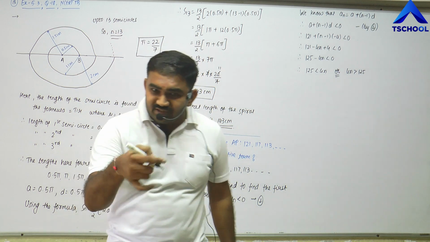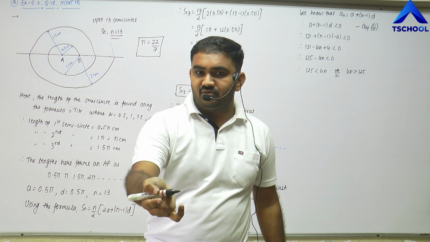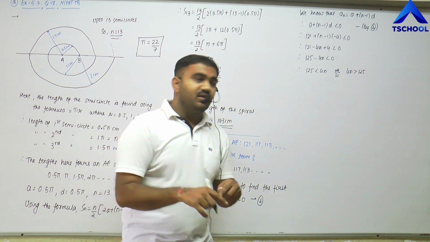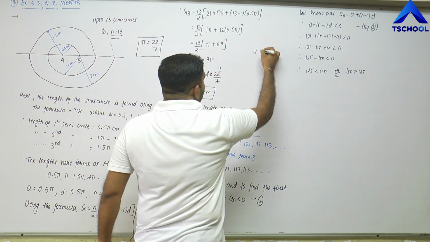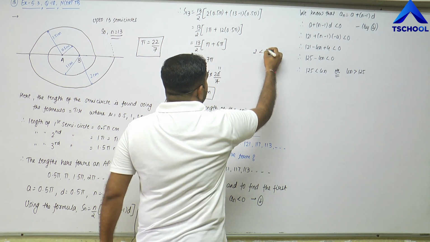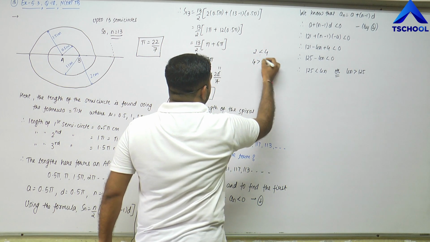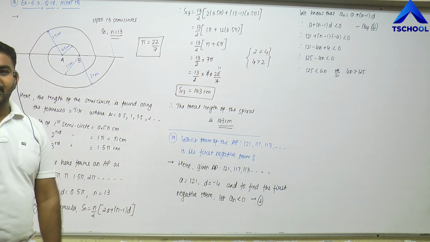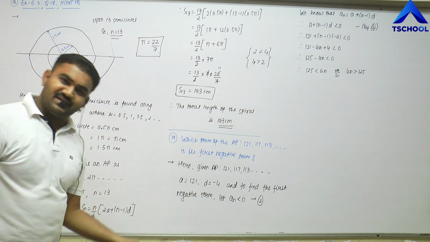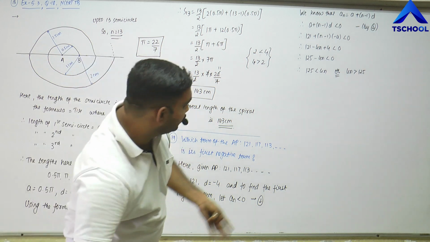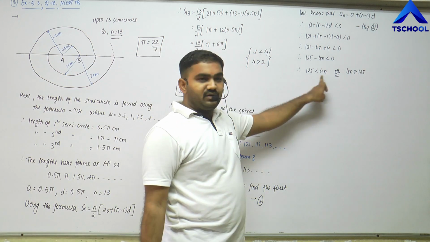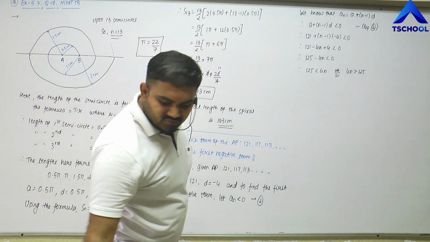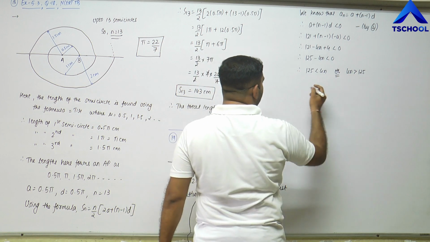If I say that 2 is greater than 4, yes or no? No. 2 is less than 4, or 4 is greater than 2, right? If I write it like 2 is less than 4 or 4 greater than 2, what does this mean? It means the same thing, that the value of 2 is less than the value of 4, or 4 is greater than 2. So 125 less than 4n or 4n greater than 125 means the same thing. So we shall use this fact here.